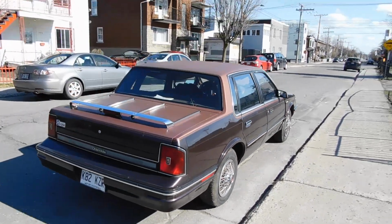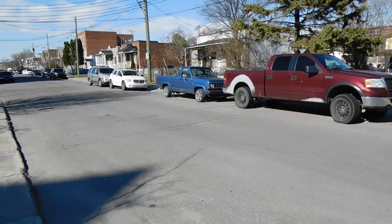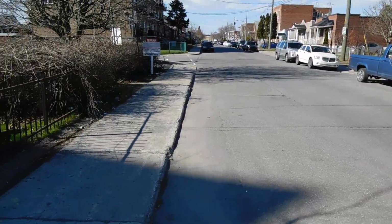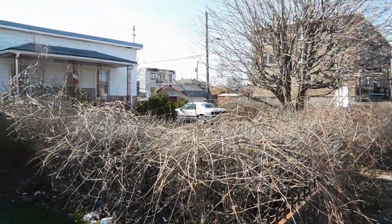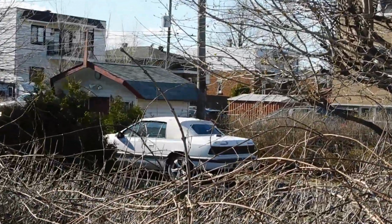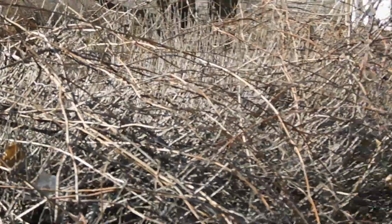You know, I always see old cars around here, simply because there's still a lot of white people that live in this area. This is in Lachine part of the town. And not only that, look, there's an old LeBaron there. But there's a lot of older folks that live here, you know. And when it comes to old cars, I almost said unfortunately, but in a way it is unfortunate because most of the old cars